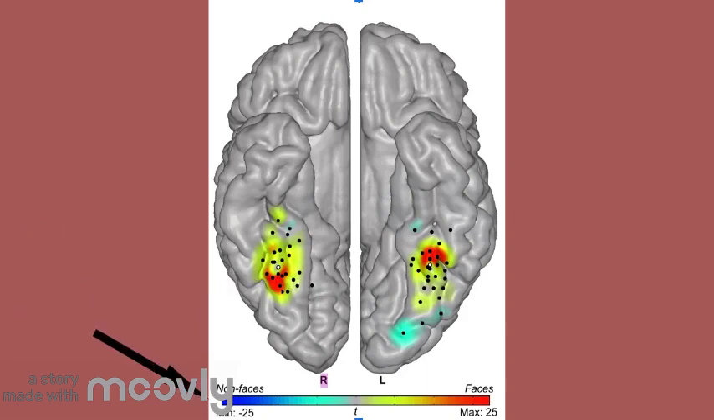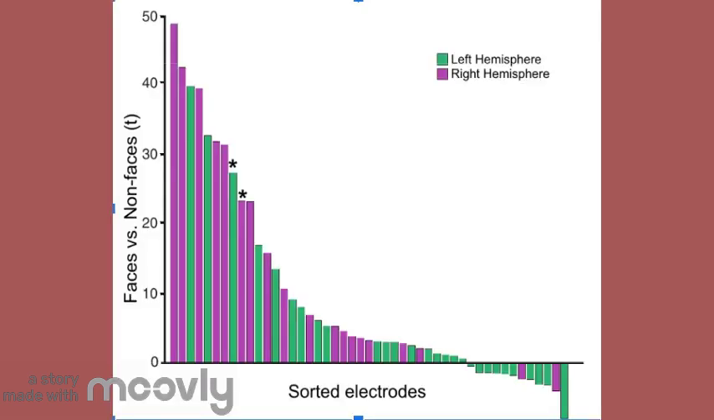And the blue indicates non-face stimuli and activation of the fusiform gyrus. And as you can see, there's more in the left hemisphere than the right there. This demonstrates lateralization. And then this next figure, this kind of shows the sorted T statistic values for all stimulated